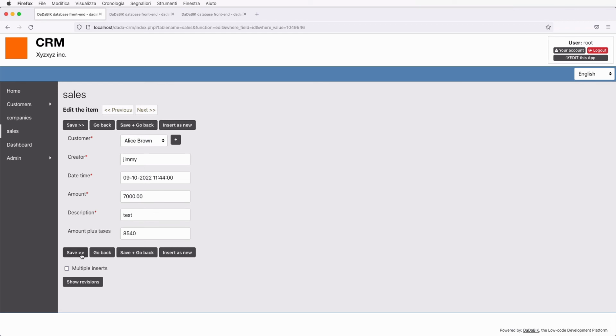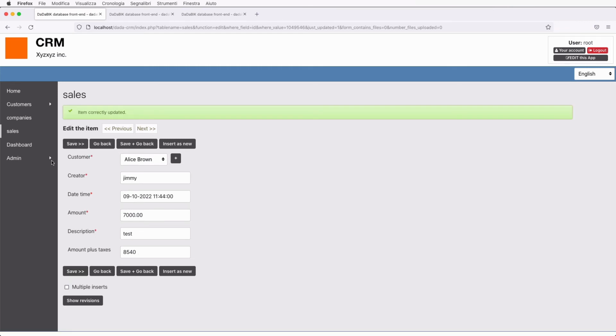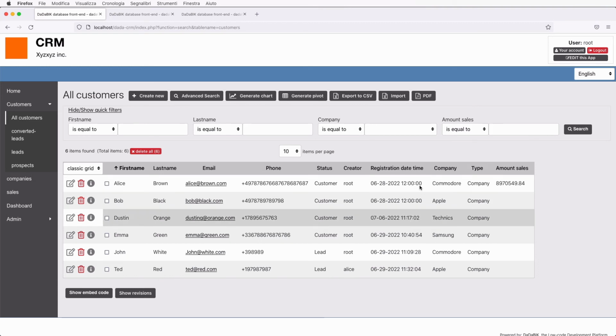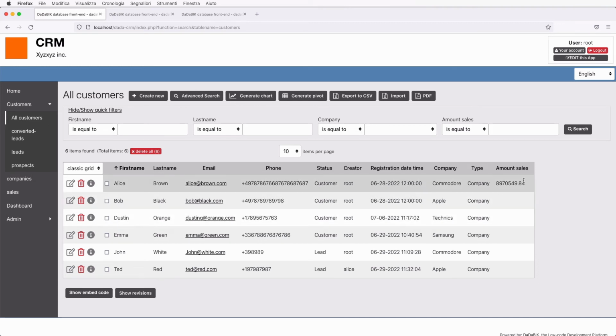The fact that I click on save here triggers the execution of that code. So save. Okay, customers. All right. Now, Alice Brown has in amount sales the sum of all the amounts for all the sales she is involved in.